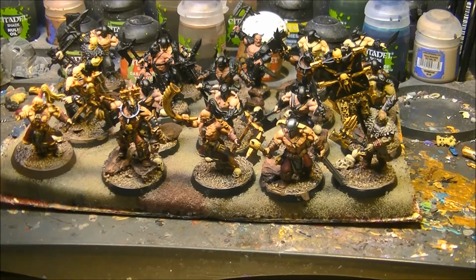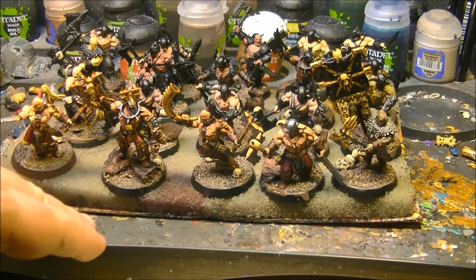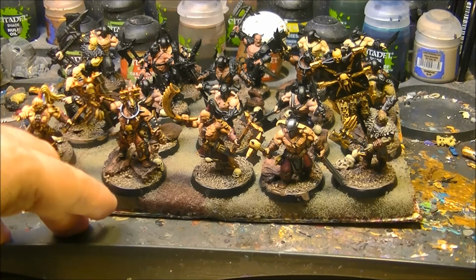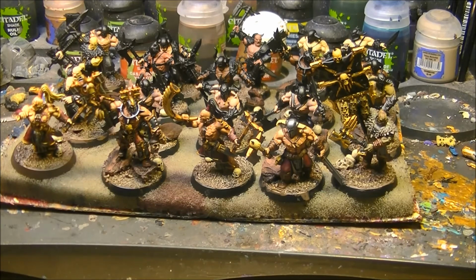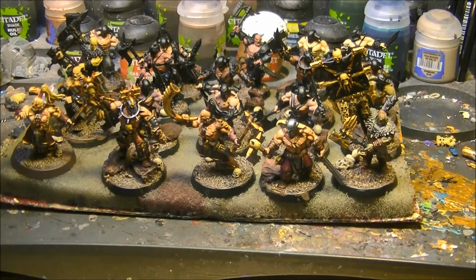Then I do the washes. But when I go to highlights, I prefer to focus on one miniature, do one miniature to the end, then I go to the next miniature and go to the end. When I'm a little bit tired of edge highlighting, or I'm a little bit tired of blending and so on, because sometimes you want to do something that is easier, then I go to the next 5 and then I